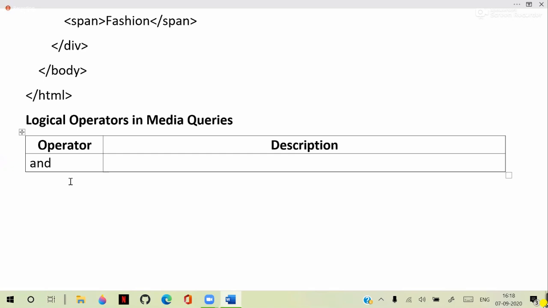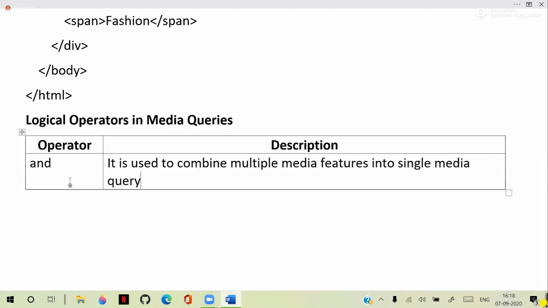It's very simple, right? It is used to combine multiple media features together into a single media query, like this. And we have